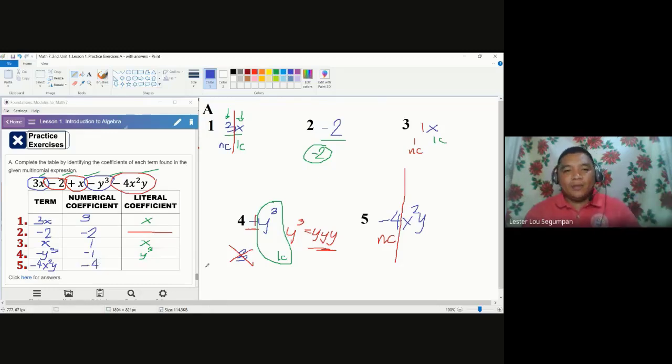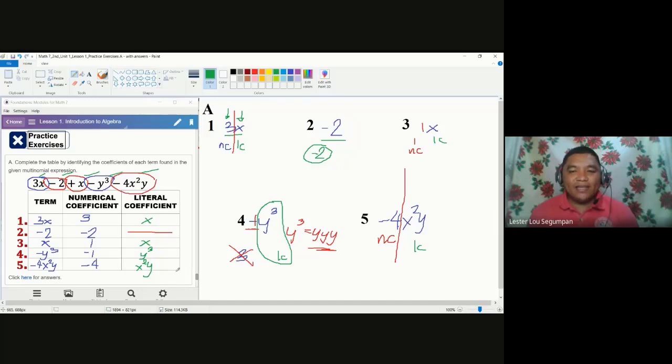Again, it takes the operation before as its sign, and the literal coefficient is what remains here because a term is just a combination of both. So we have x squared y. Again, the 2 here may be a numerical figure, but it's not a numerical coefficient. It's an exponent of x, which means there are two variables of x multiplied to each other. So x squared y, or you could say x, x, and then y. So this is how to determine the numerical and literal coefficients of each term.